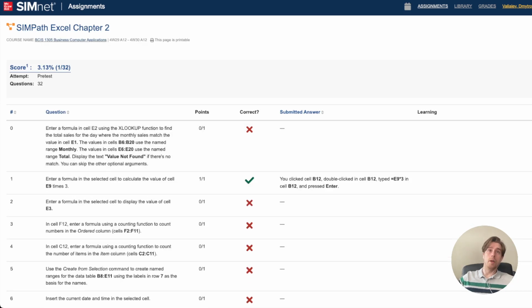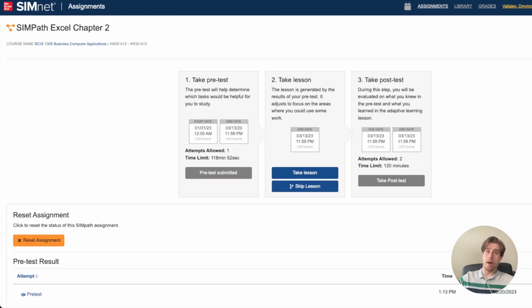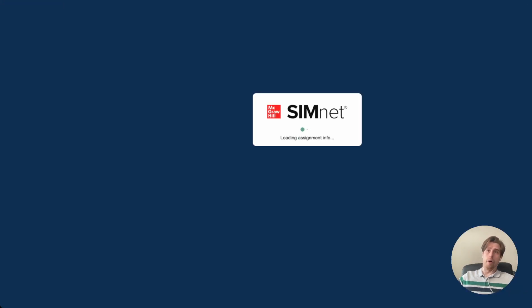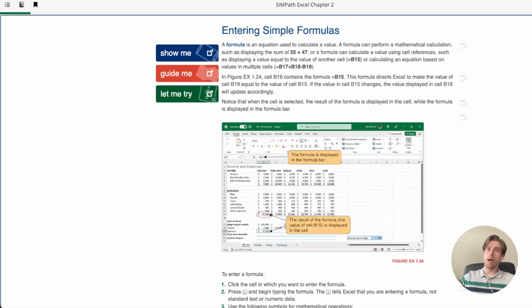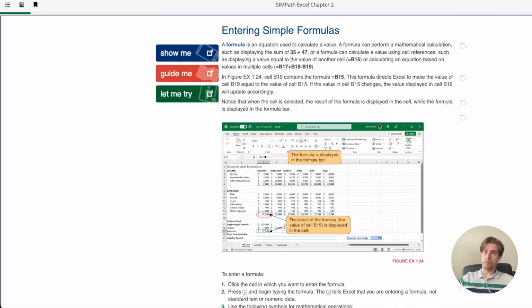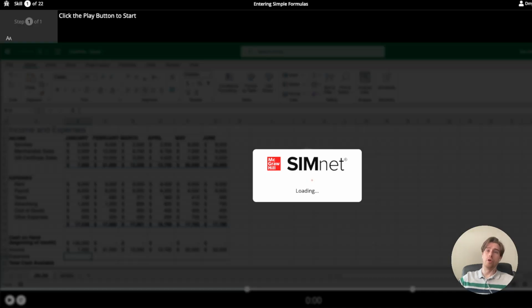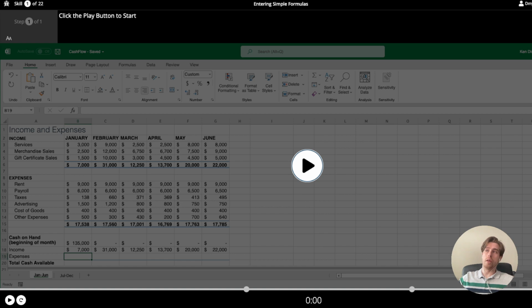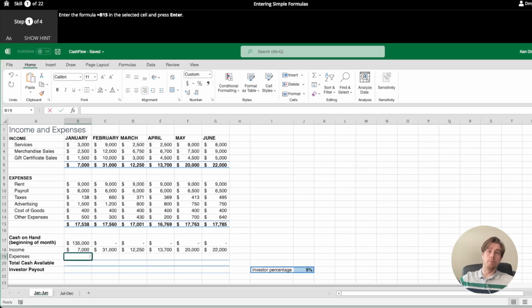So you are coming back into the SimPath assignment. Now we're going to take the lesson. So for every lesson, you will have 3 different options here. So first, it will write out the whole concept, but instead of doing that, you can just do the show me part, where you will see the video that will guide you through the whole process. Then there is the guide me portion,